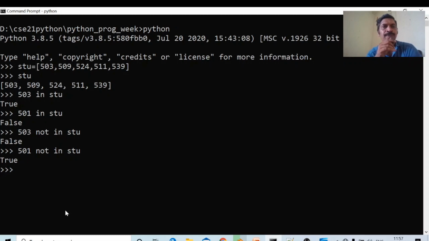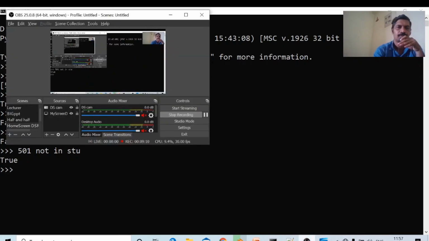So, this operator, not in, is one operator, and in is one operator. These two are called membership operators. If the element is present within the list, it will return true. Otherwise, false. The reverse of this one is not in. Okay, this is about the membership operators in Python: the in operator and the not in operator.